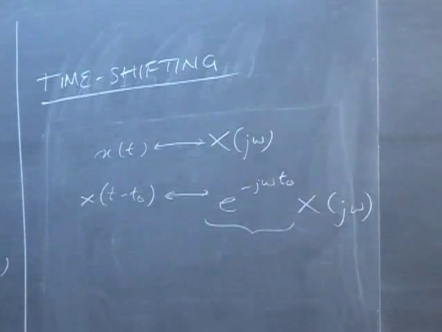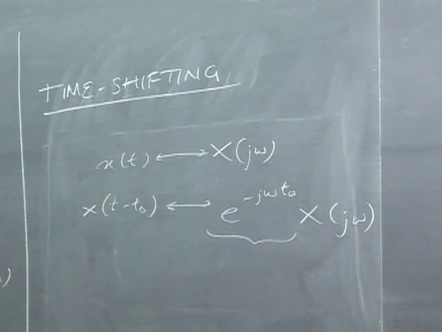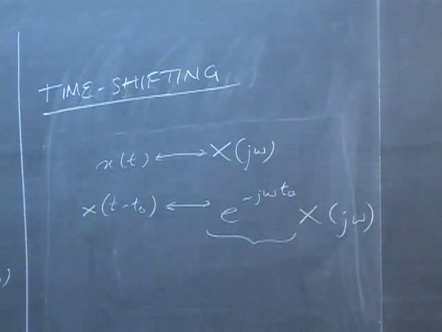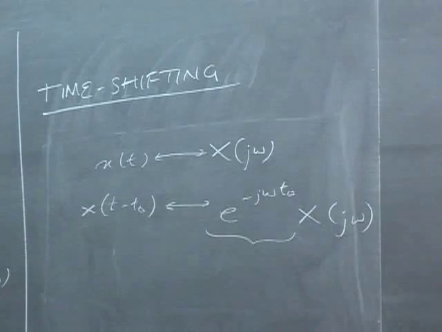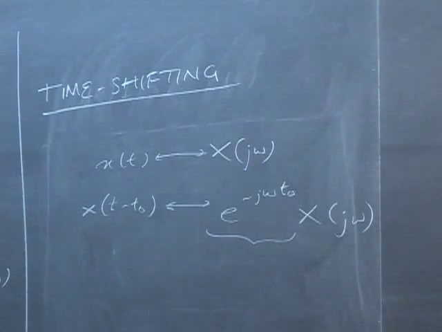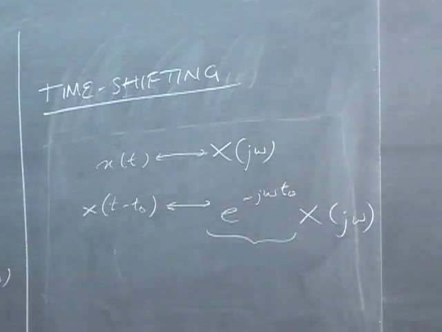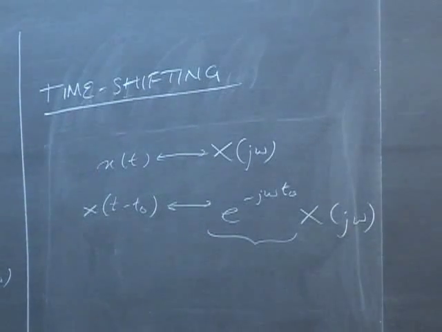Last time I did an example using the delta function to show you how this works, and that's pretty straightforward. The important part here is that we can deal with time shifting with just a multiplicative factor of e^(-j omega t naught). Why is this important? The reason, and we'll see this more again in the Laplace transform, is that